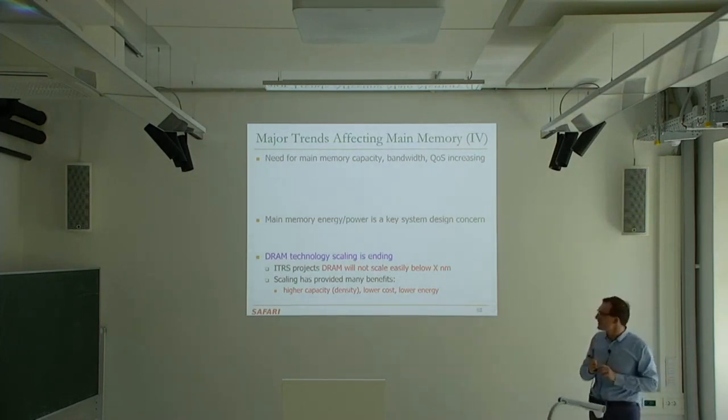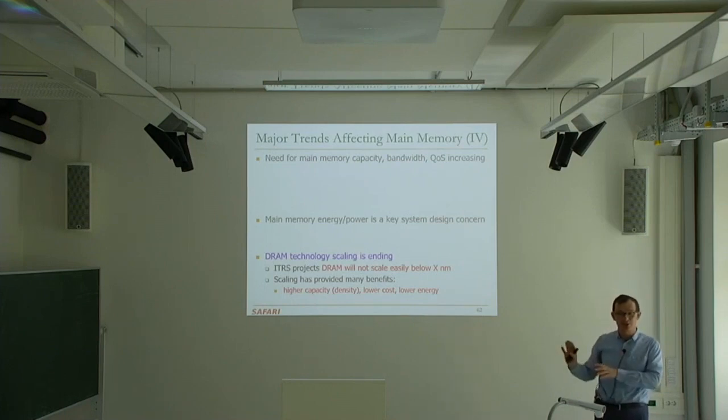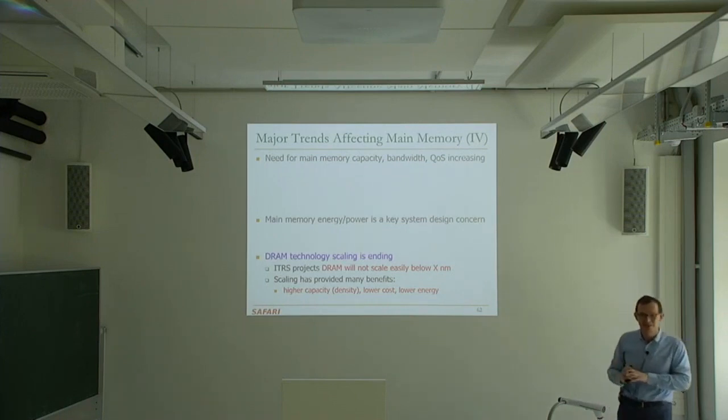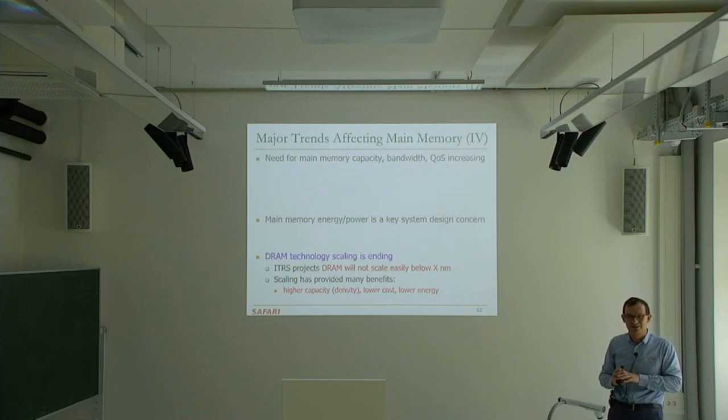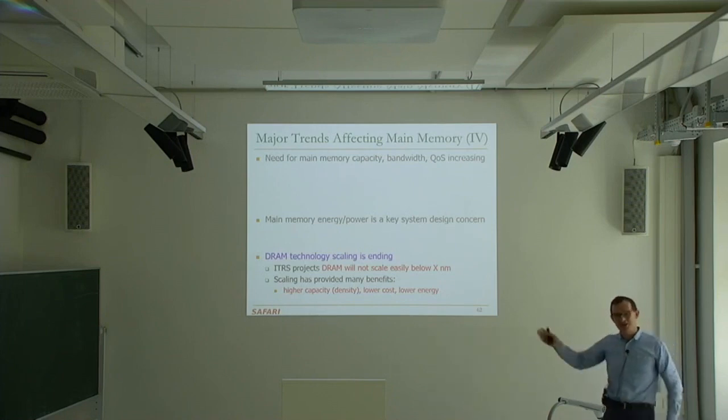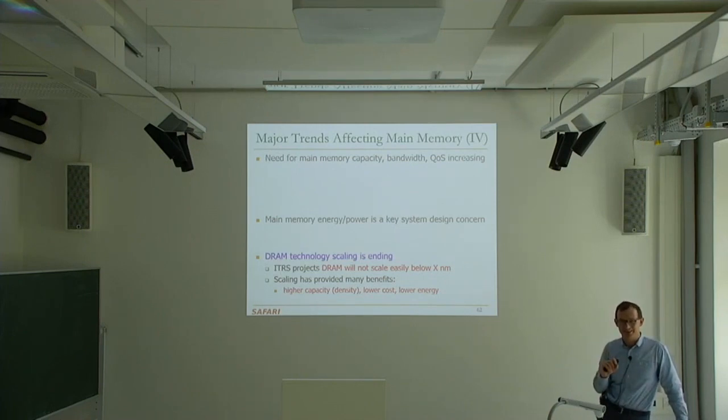Actually, let me ask you the question. Does anybody know what's the future size of a DRAM cell in the cutting edge technology that we have today? Any guesses? 7 nanometers. You're very optimistic. Even in logic, we're not at 7 nanometers yet. Well, I guess we are. But DRAM technology is much harder because of the capacitor. So we're not at 7 nanometers yet, but I like your optimism. Any other guesses?